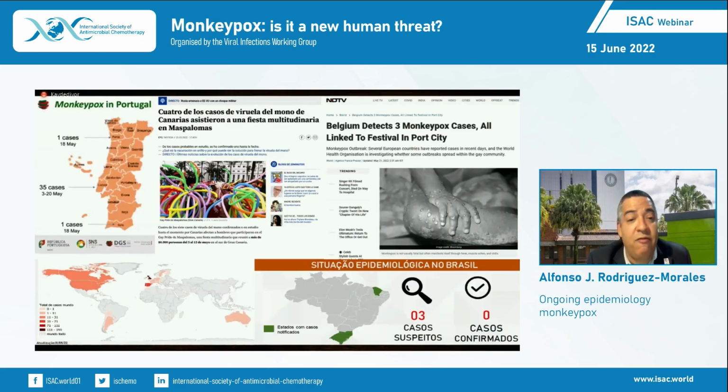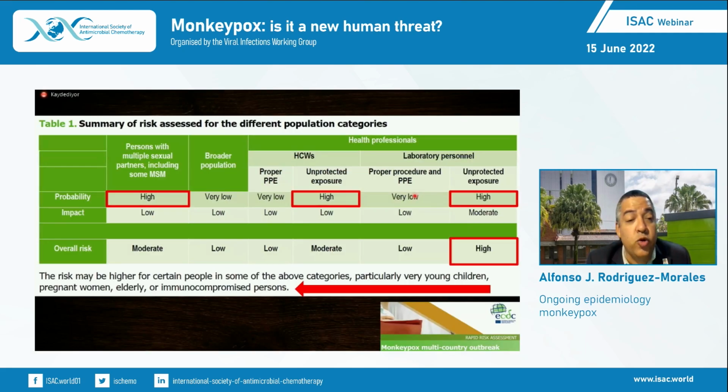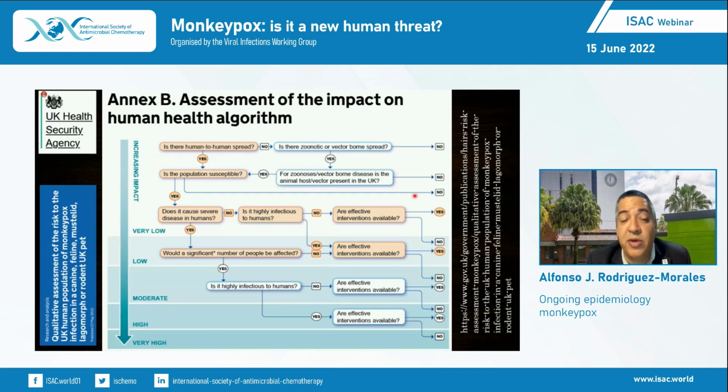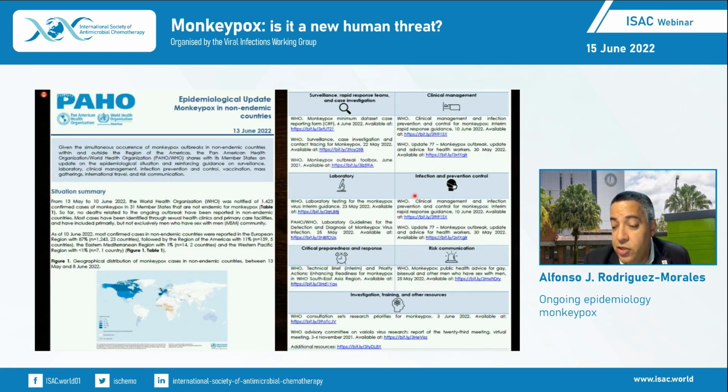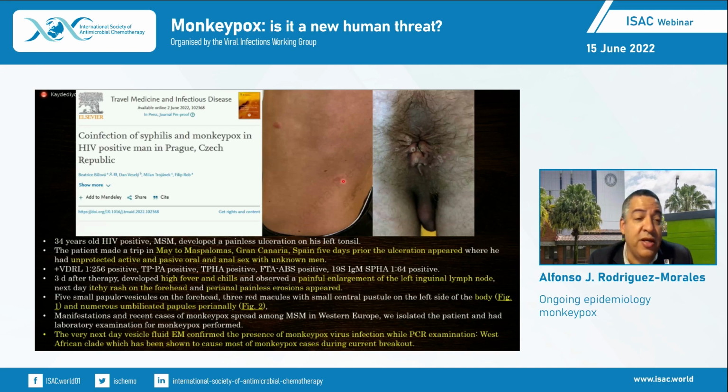Finally, some epidemiological final considerations. It's important to remember the natural history of the disease that may present right now outside Africa in a typical way, to assess the risk and to follow the algorithms that have been developed by national and international authorities. And I would like to highlight that in different regions, right now, the surveillance is in place to detect probably unsuspected cases that have been reported also in the literature.